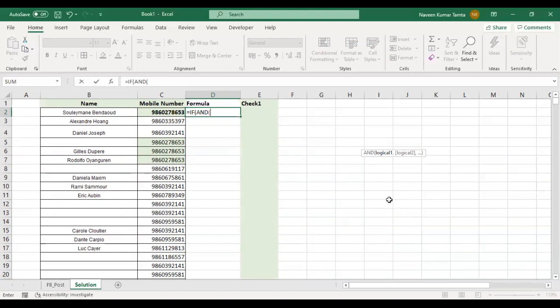My first condition is, I want to say if the value given in column B equals blank. Now it says logical 2.